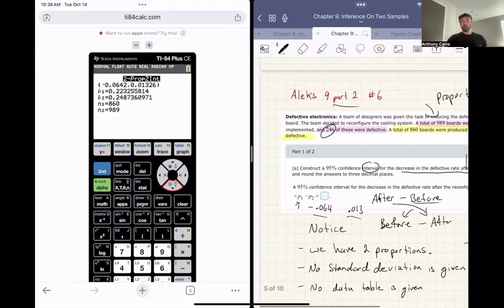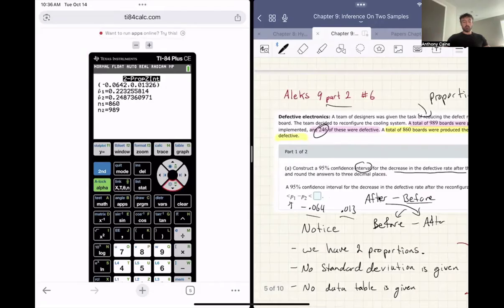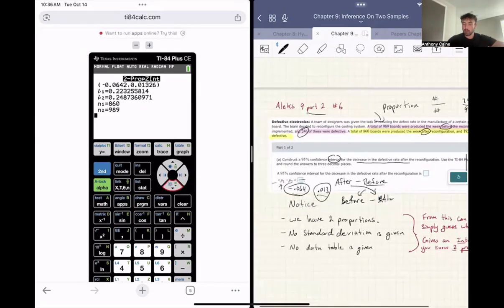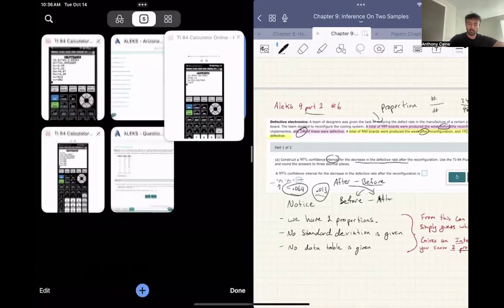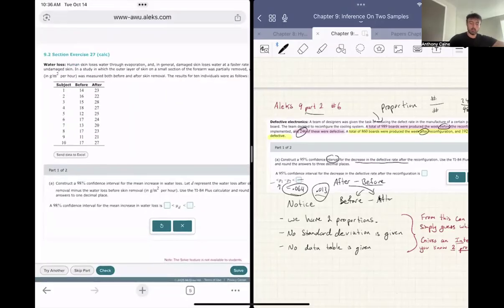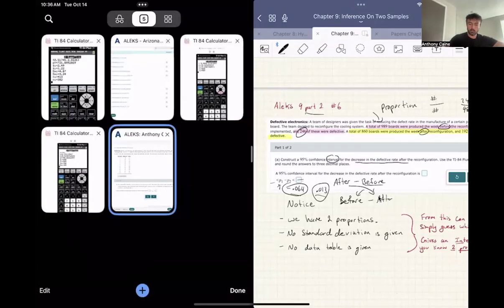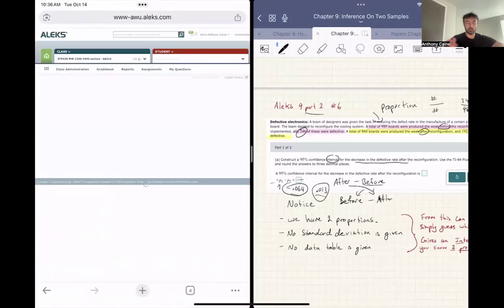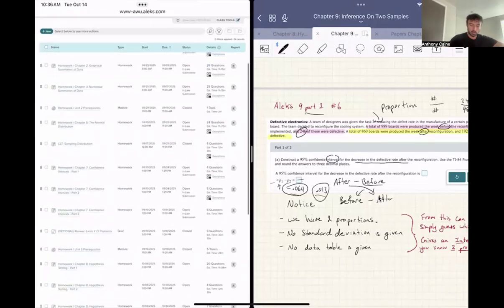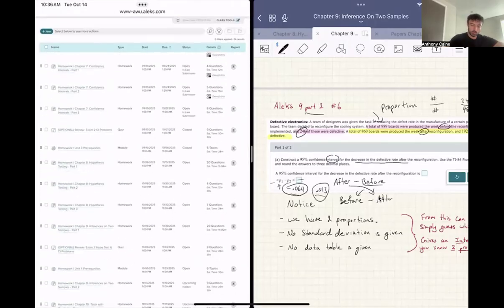So anyway, if I was doing this Alex problem, I would just put in these bounds now, this negative 0.064 up to the positive. That'd be my two bounds here. Okay. So that's how to do that kind of thing. Maybe I should try one of these problems and see what the part two is. So if I want to get to these problems, I should get back to here. And this is the Alex part two. So your chapter 9, part 2 homework. Let's pull it up. Chapter 9, part 2,